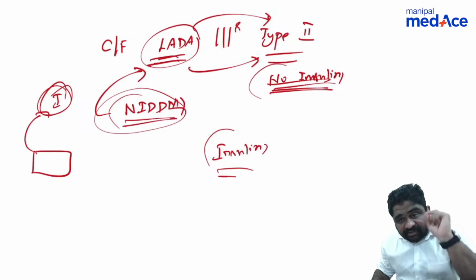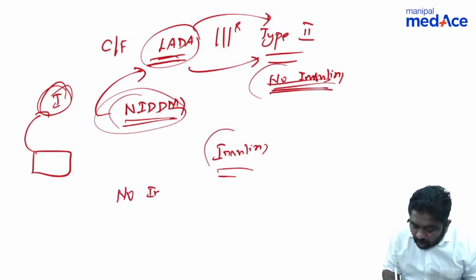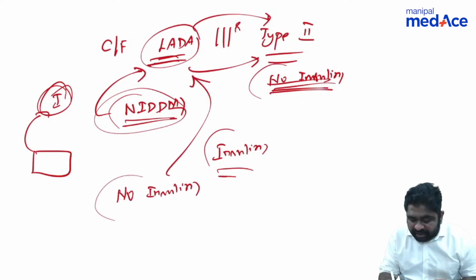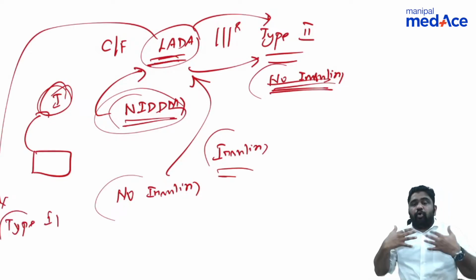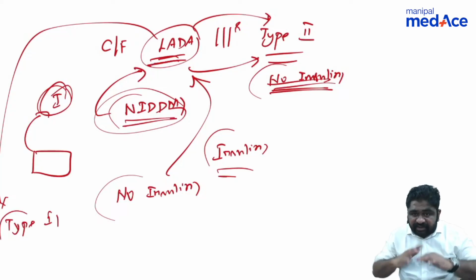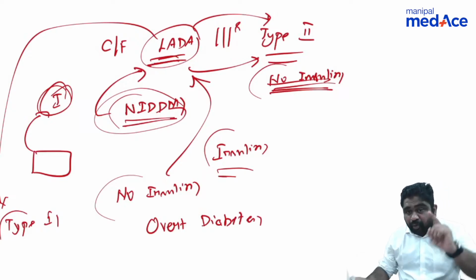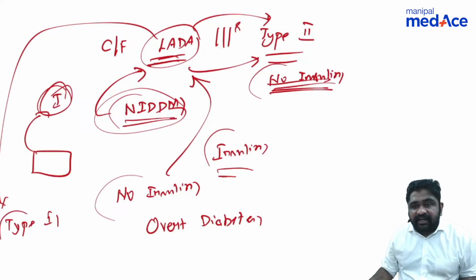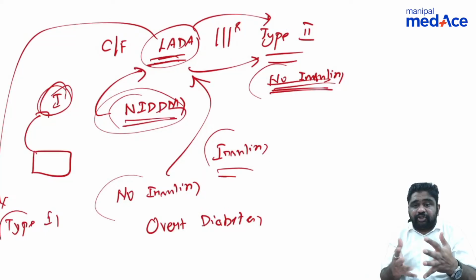Now, when you don't give insulin to LADA, those patients are under stress. When no insulin is given in LADA, that stress will make sure LADA turns into type 1. Now that person who was suffering from diabetes mellitus in a latent fashion will become an overt diabetes mellitus patient. It means when a patient came to you with LADA, you did not know that he was actually not to be called NIDDM. You did not put him on insulin, because of which he had to exhaust all his insulin to maintain normal